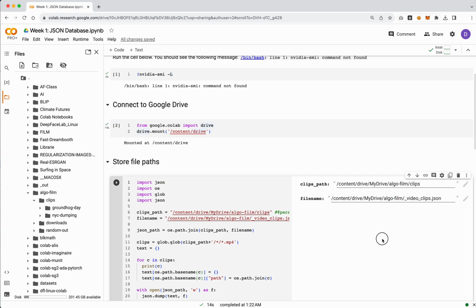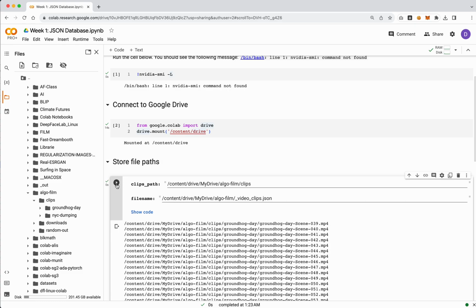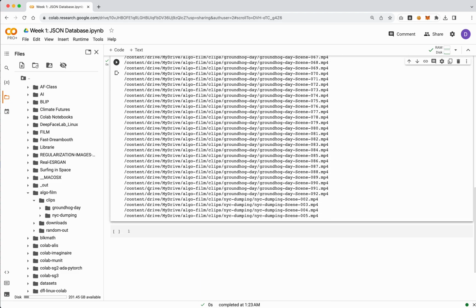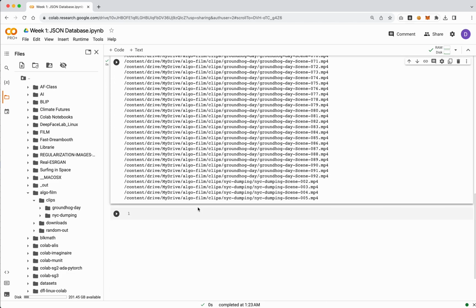So we can double click into the GUI section here, and we can just hit run. And sure enough, this will spit out all of the paths for all the files we have. The reason I like to do this is just to make sure that I didn't actually want clip number 005 in here, so maybe I would go and delete it. Now, if we refresh our folders up here, this is going to make a file right here called